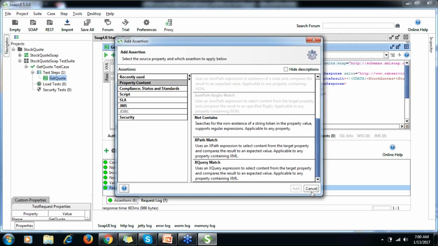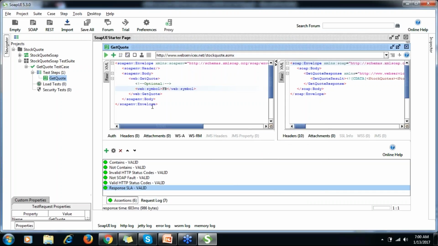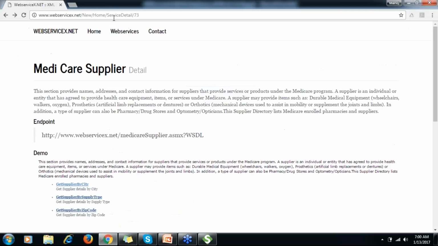Okay, so for XPath, let's take another project. Let me create. I'll go to the same web service, .NET, and this time I'll take this Medicare supplier.